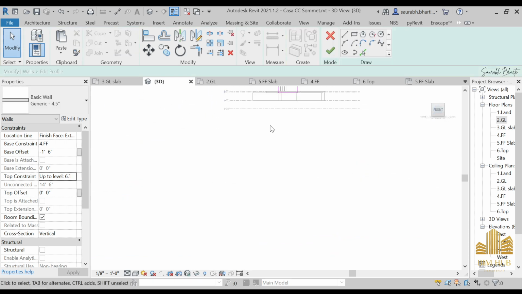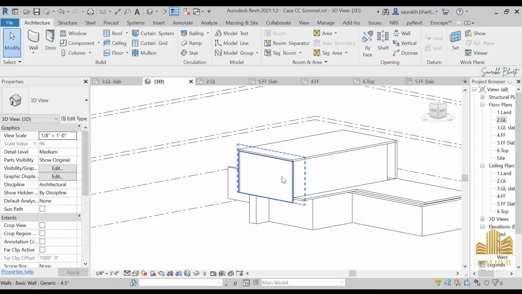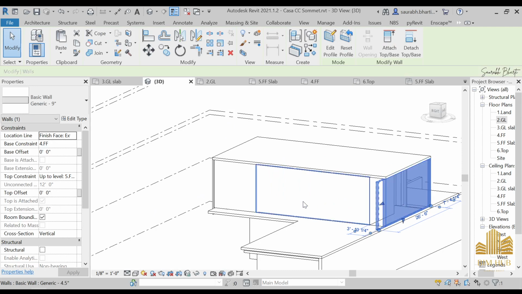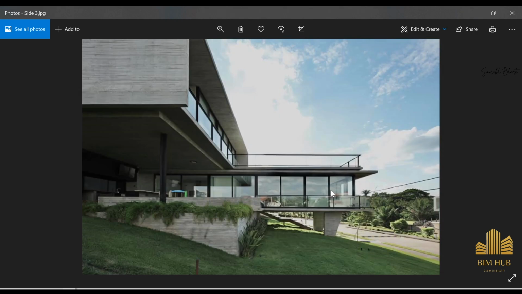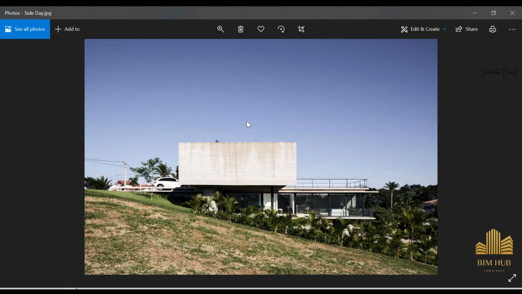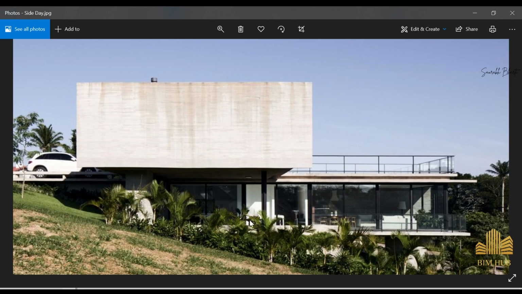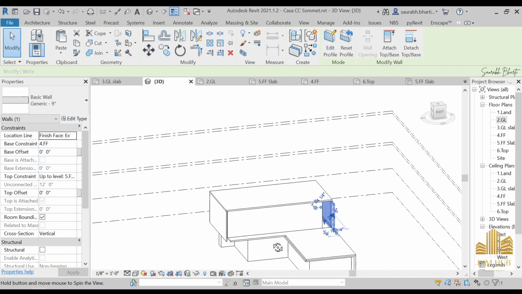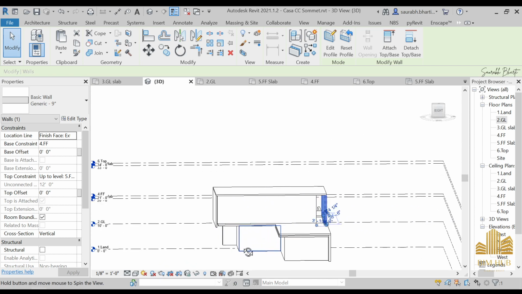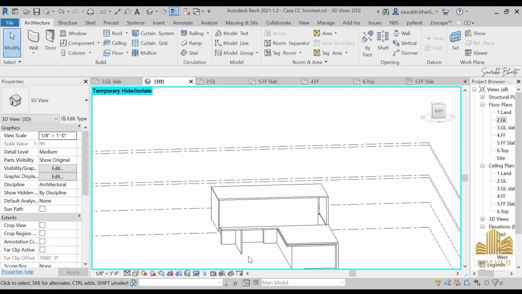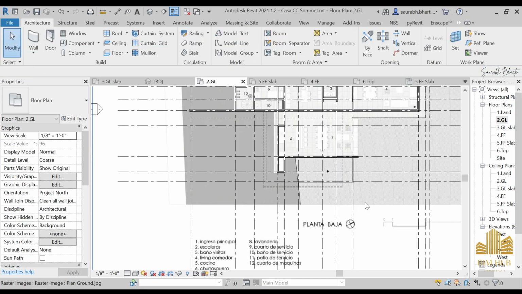edit profile, go to the front profile and place it in here, finish it. Done. Again select this one also. Let me see if that is also on the outer side. No, that is on the inner. Okay, this has been placed. This is the back side, this is the front view. Double S to hide it, HR to get it back,